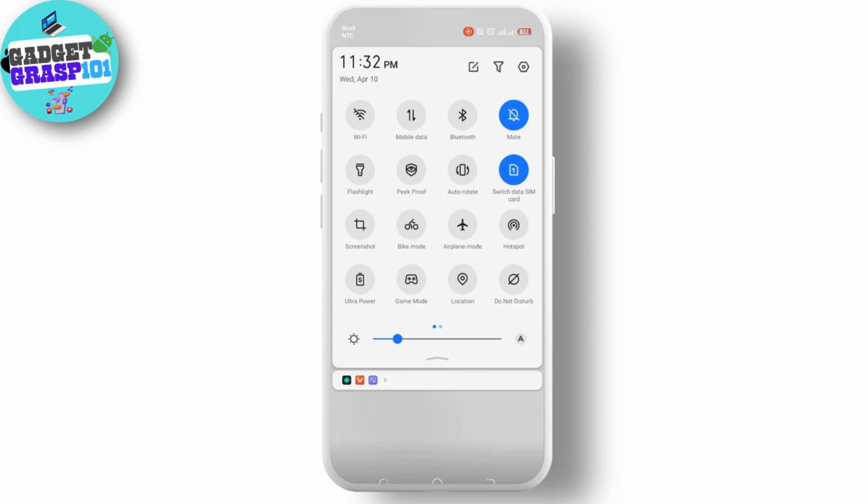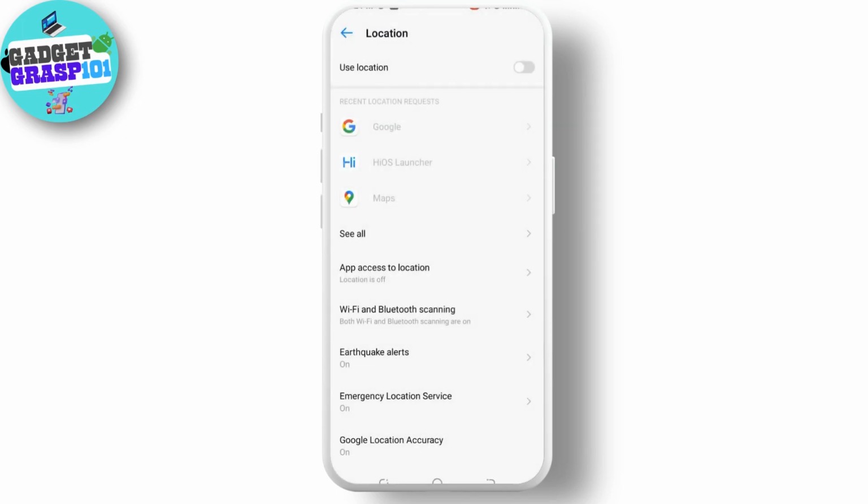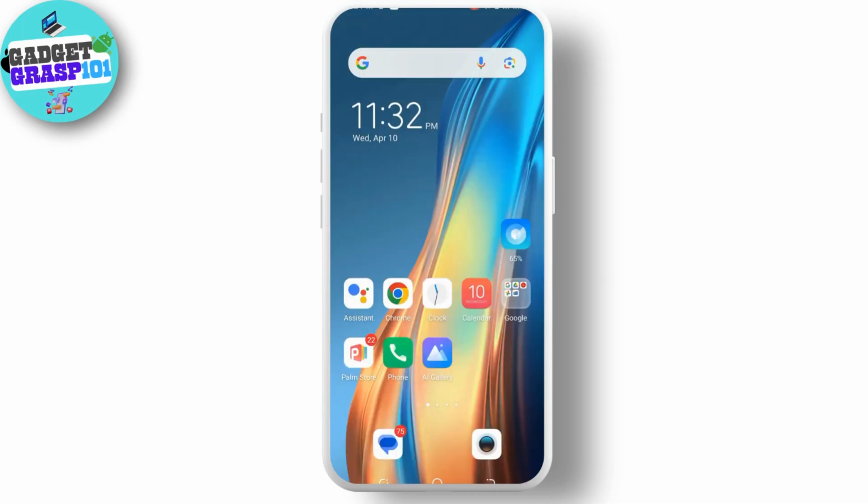And also app permissions. Regularly review and revoke permissions that apps request but do not necessarily need to function. You can manage app permissions in the app. Go to the settings option